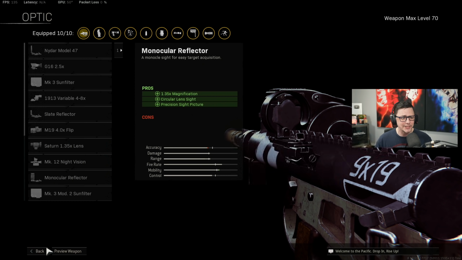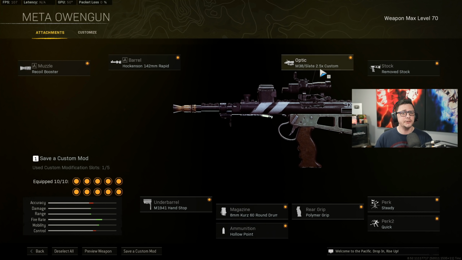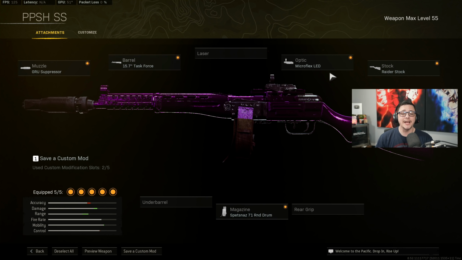A lot of people ask, well, what's the trick? Pretty much you just use this optic and you never use the 2.5x. You only use the little slate reflector that it comes with, and you aim down sight and you toggle it to the other one that is for close range. It'll lower the gun and you get a different vantage point other than looking at the gun blocking most of your screen. The Cold War PPSH, we got the Guru Suppressor Task Force Microflex LED along with the Raider stock